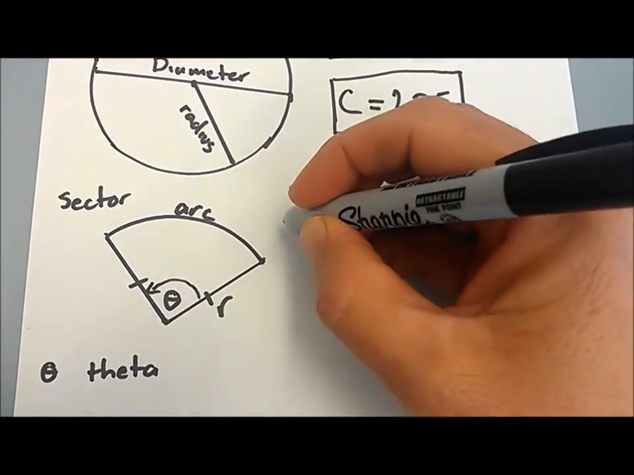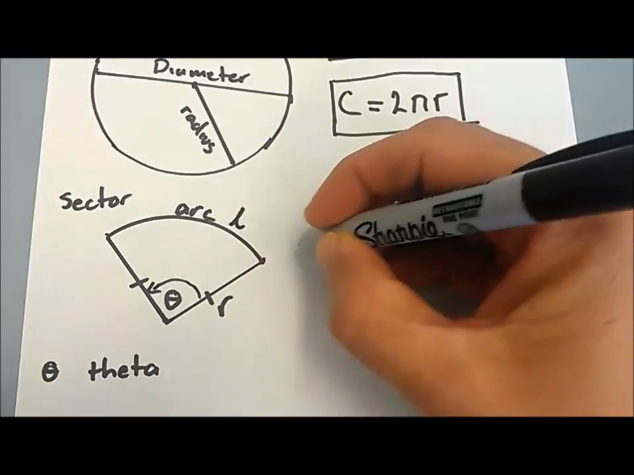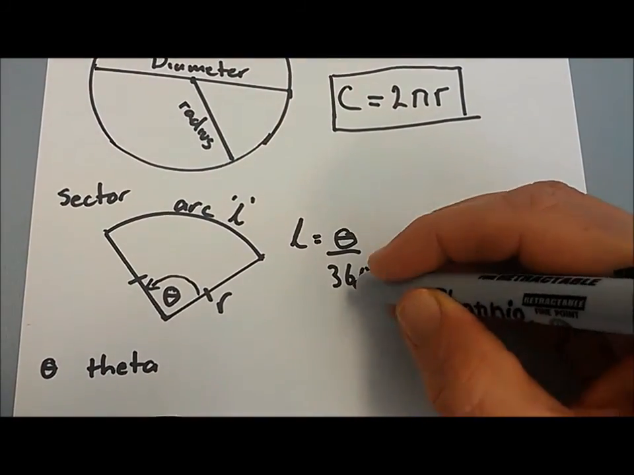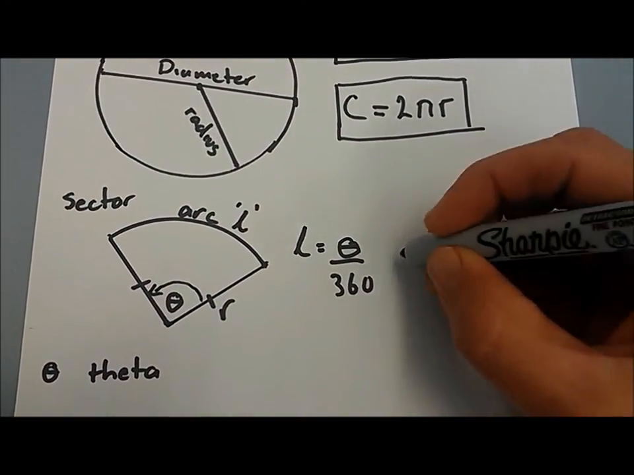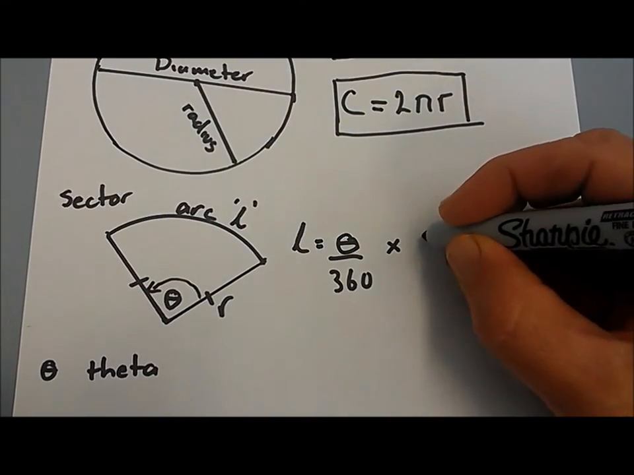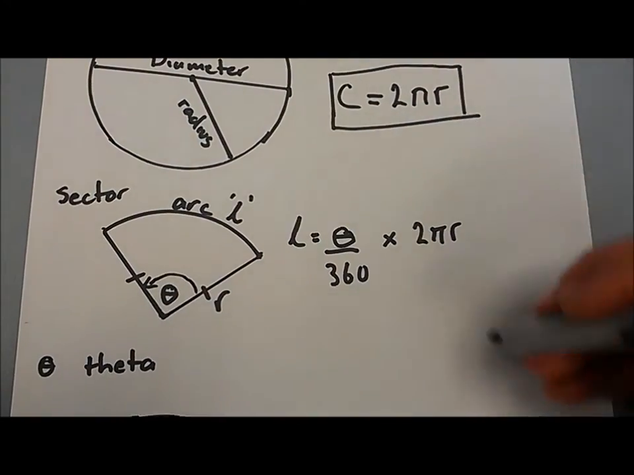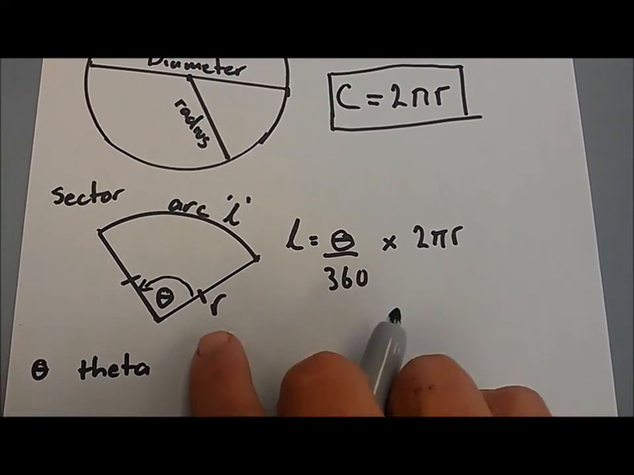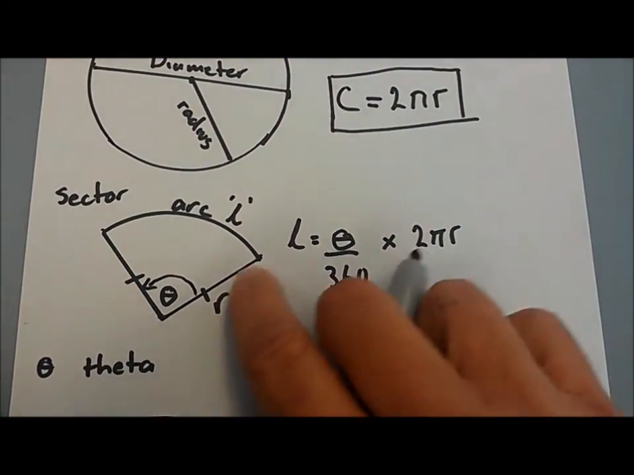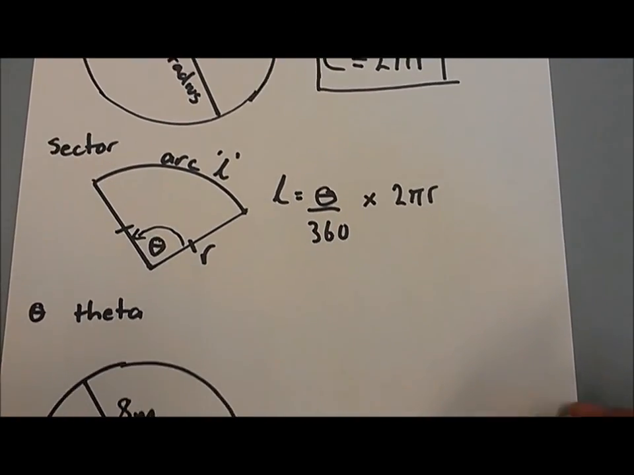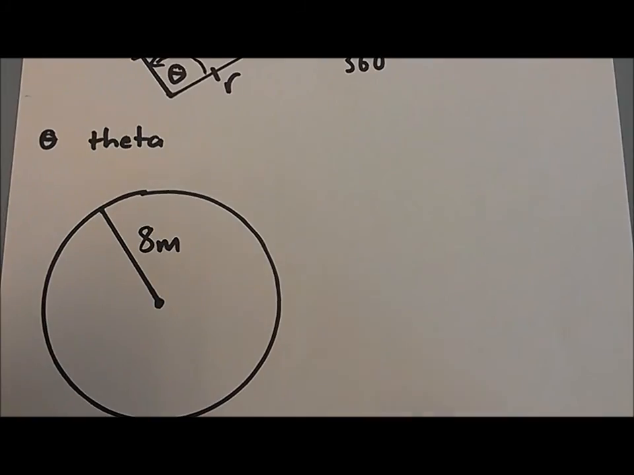And so this arc length, I'll call the arc L. I'll say L is equal to theta over 360, which is what fraction of a circle it is, multiplied by 2 pi r, or times by pi d, whichever is more appropriate. In a sector, it's more than likely going to be 2 pi r, because you're going to be given the radius of the circle. Okay, so I thought we'd have a look at some questions here, some examples,